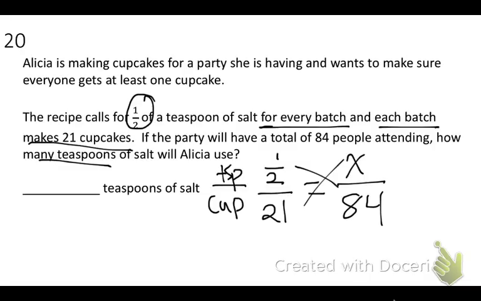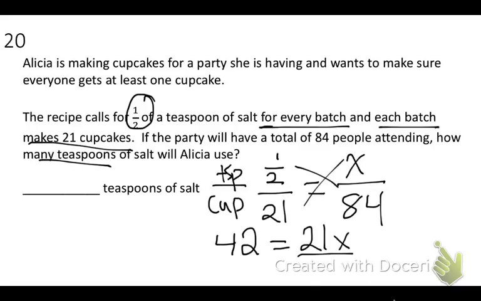You can put in your calculator 84 times 1 divided by 2, and you will get the right answer. Or you can think of this as if you're multiplying again by a half or a third or a fourth or a fifth, you're just dividing by that number on the bottom. So 84 divided by 2 is 42 equals